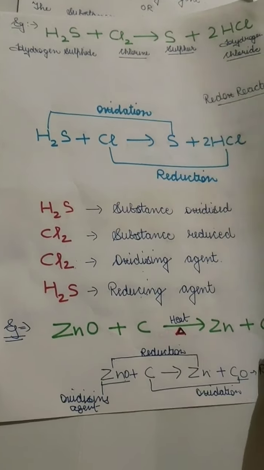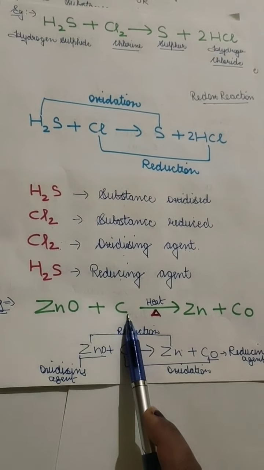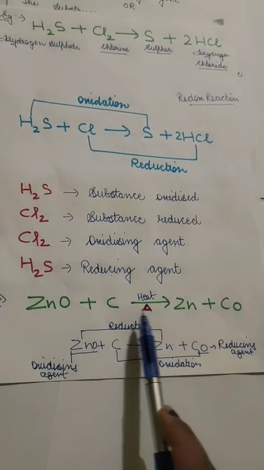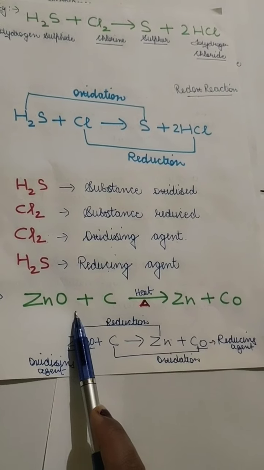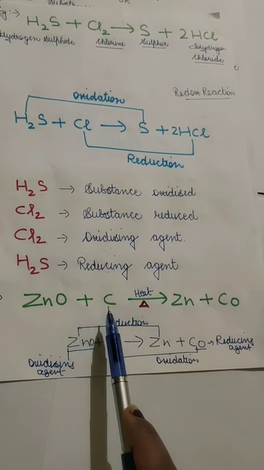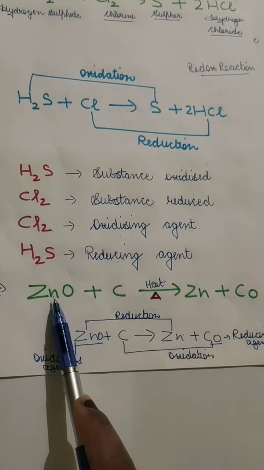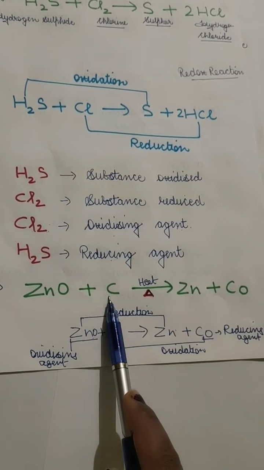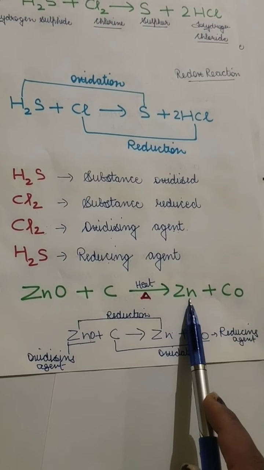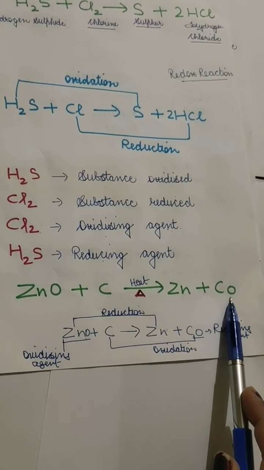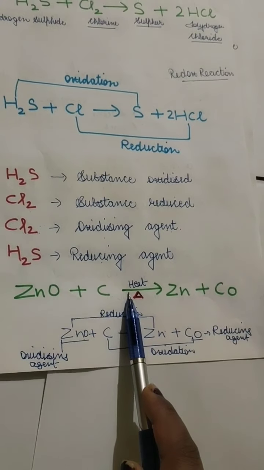So moving on to the next example, it is ZnO, that is zinc oxide, plus carbon. Now this is a reaction which you will learn in your chapter number 3, Metals and Non-metals, where there is extraction of metals from their ore. So zinc oxide is purified by heating with carbon, so it is converted into pure zinc. So here, since it's zinc oxide, it is heated, or burned, with the carbon. So what will happen is that we will get zinc, and we will get carbon monoxide gas. So in this, there is also oxidation and reduction. So again, it is a redox reaction.